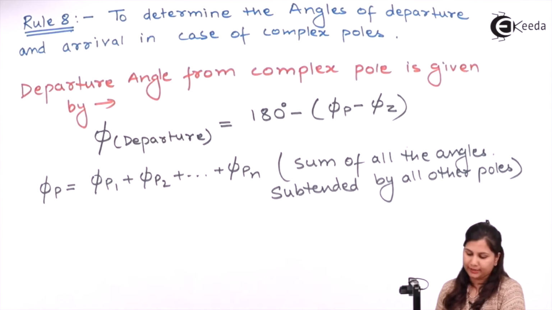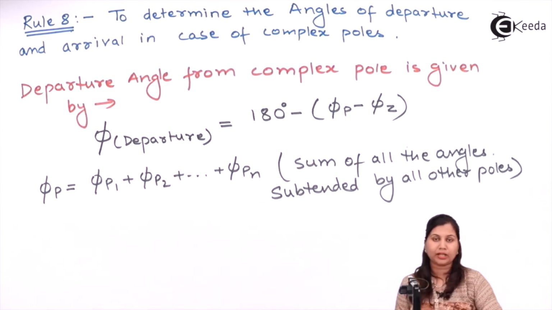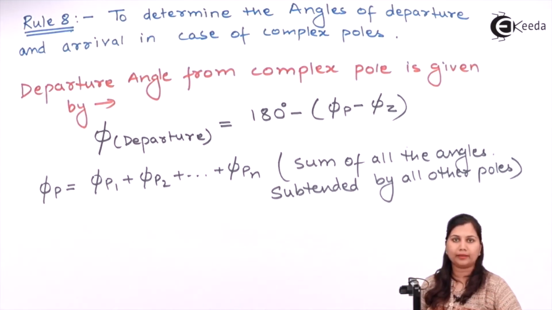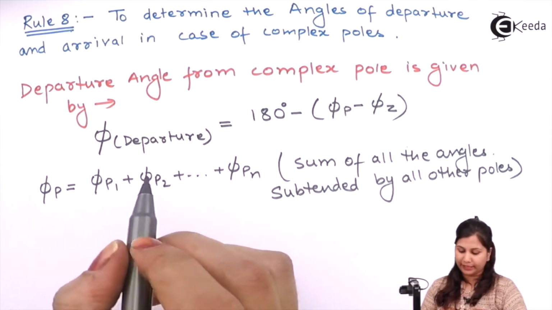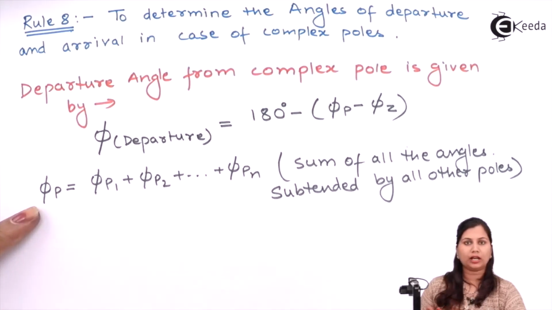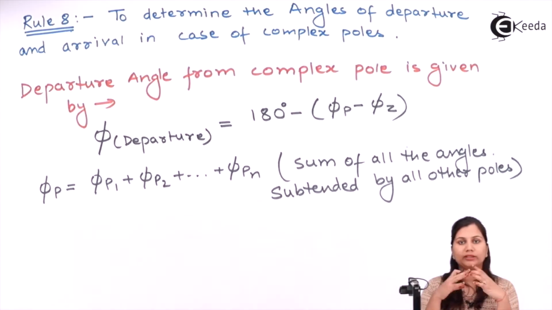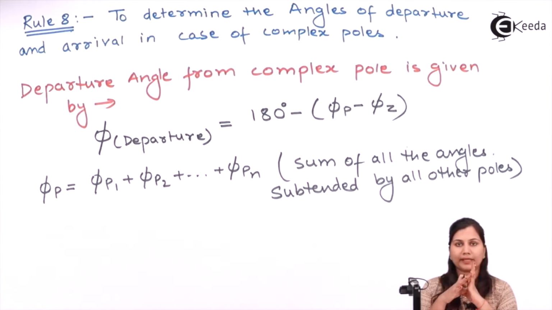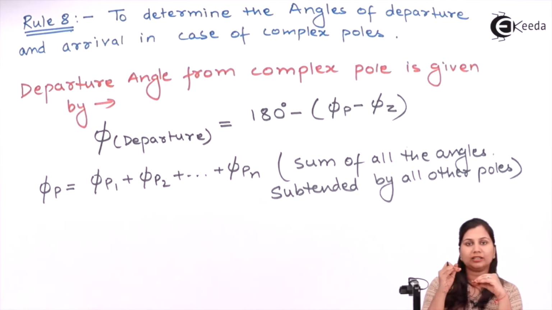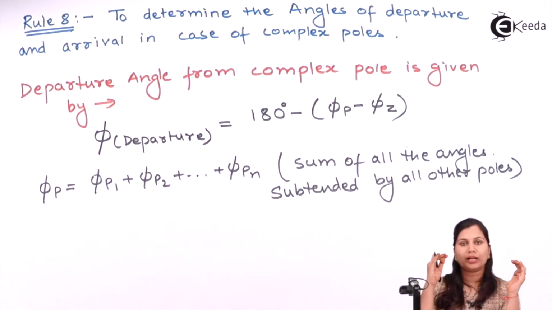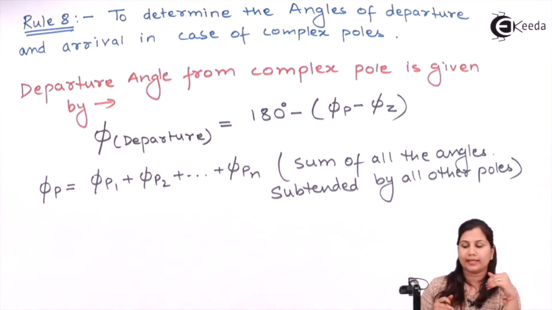Suppose we are calculating the departure angle for a pole p, then we take the sum of all the angles subtended by all the other poles. Suppose we are taking s equals minus 1 plus 2j, this is the complex pole. For that pole we have other three poles also. So the angle subtended by all the other three poles to this pole is phi p,